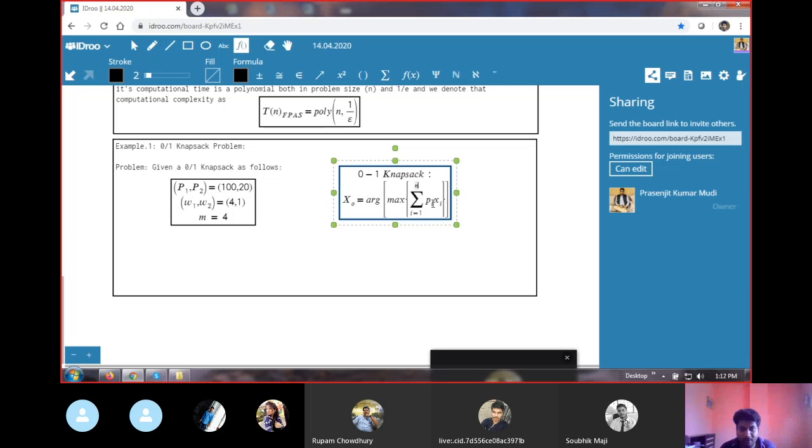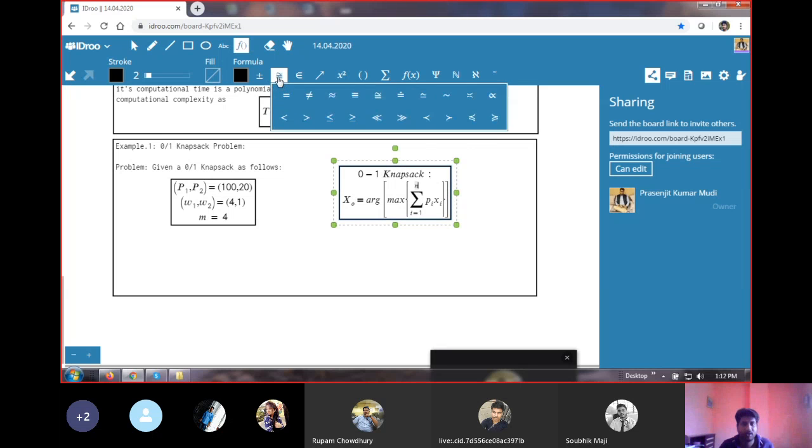We have n number of objects of which profits are p1, p2, up to pn, and their corresponding fractions are x1, x2, up to xn. Then we have to maximize this summation function of the profit, which is the cost function. The argument x for which this becomes maximum is actually x0. So this is that mathematical model, and